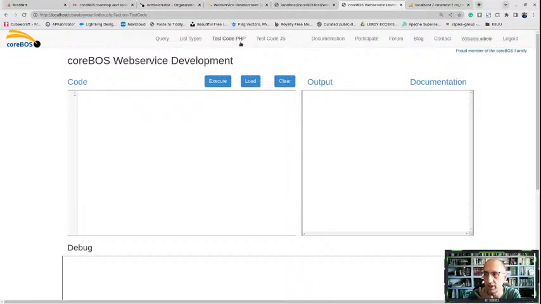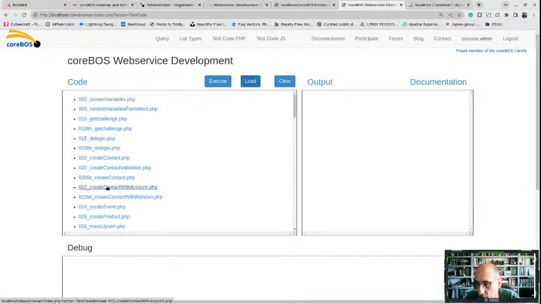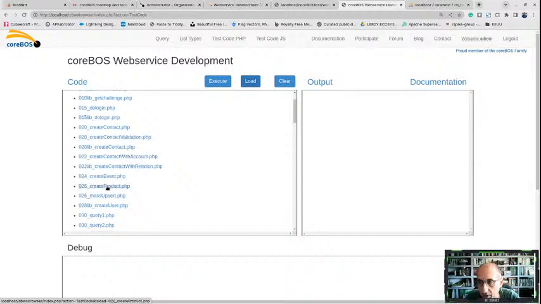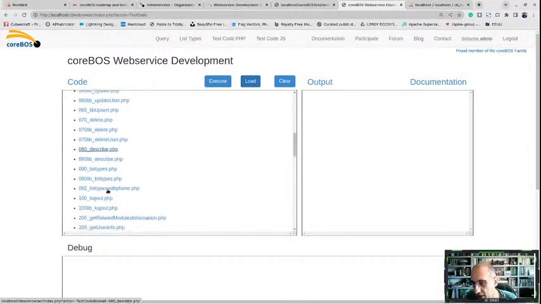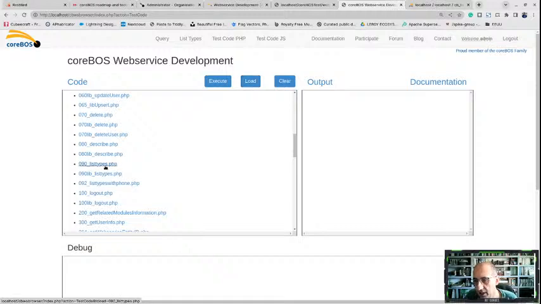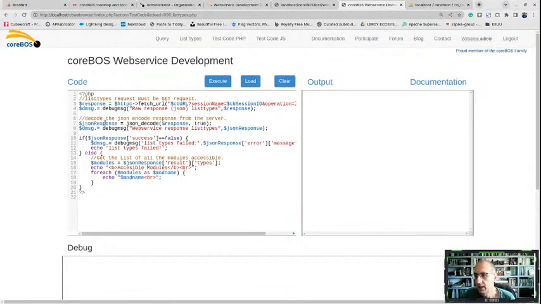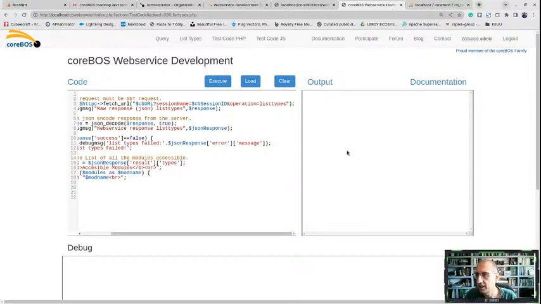I'm going to come over here to the test code PHP. Here I'm going to load some code examples that we have. You have a whole bunch of code examples here, which is why I was saying that this tool is really nice to be able to teach you things. And here we have this list types. It does a call to coreBOS with the session name and the operation, which is list types, and that's it. Basically it doesn't do anything else. And that gives us back, if I execute this code,